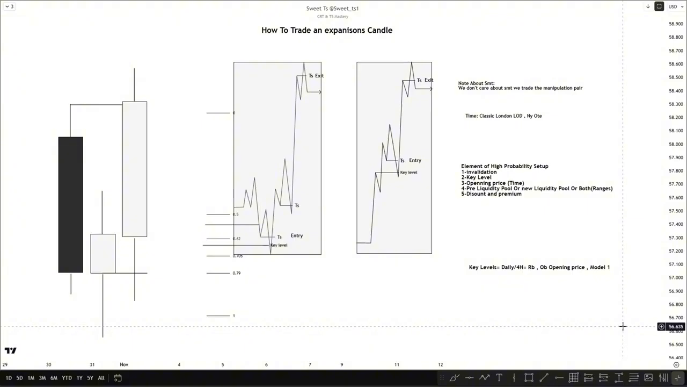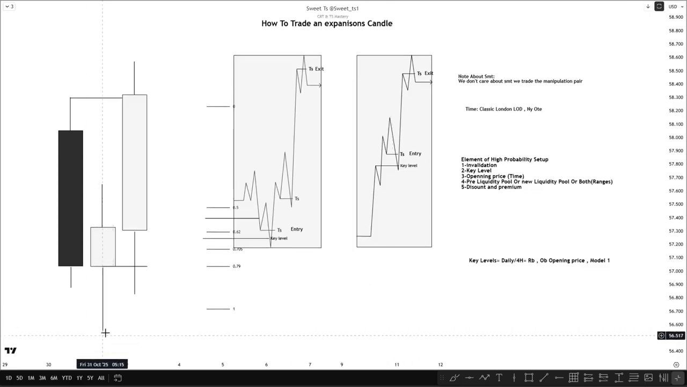So there are key elements of a high probability setup. First of all is the invalidation. And of course, this is after the market profiles. So first of all, invalidation, really important. Second of all is the key level. It could be opening price, and it can be,